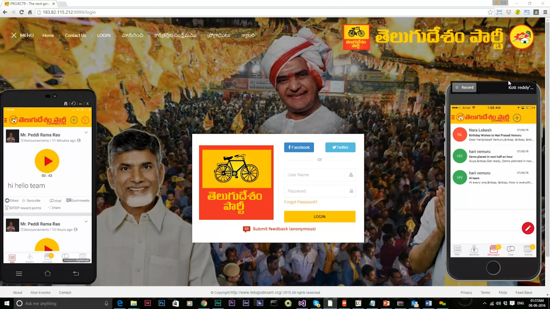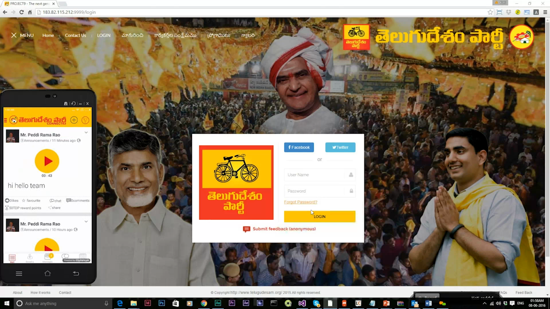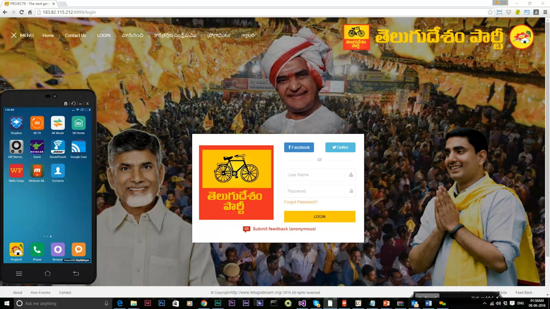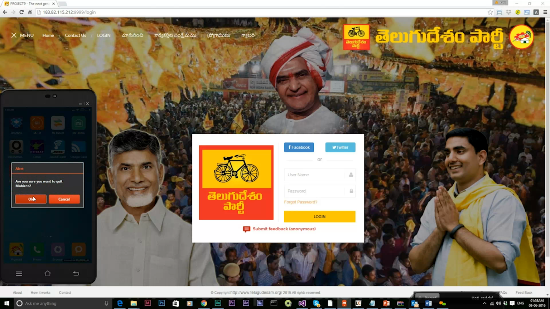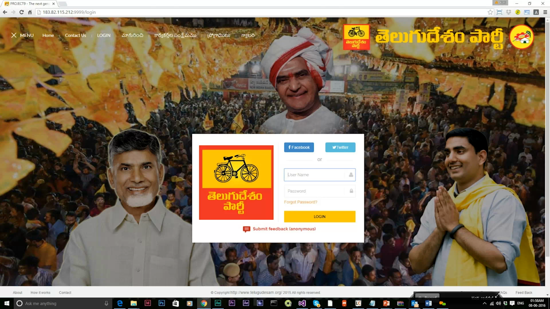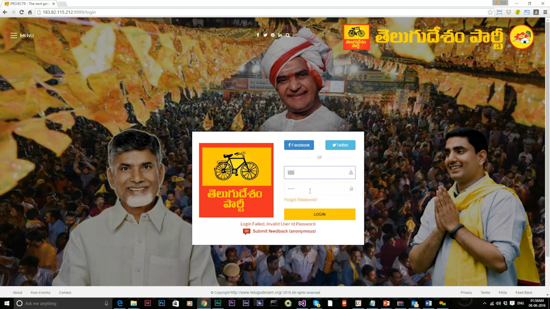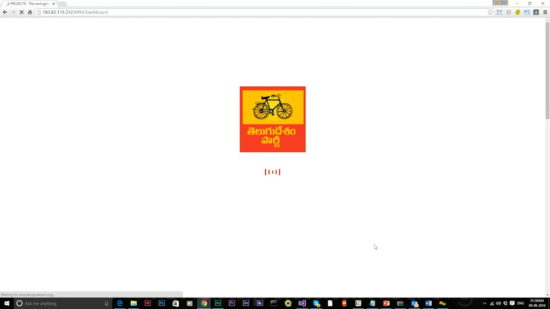Let's take a look at TDP Connect's central command and control station. Let's take devices off the hook. I'm just taking the device off. I'm logging in to TDP Central Command and